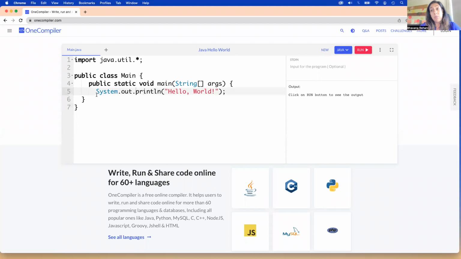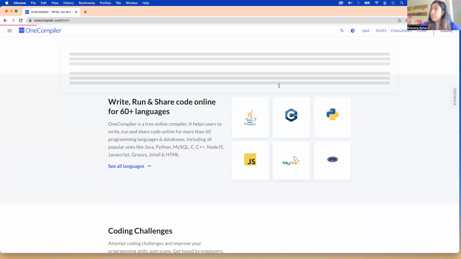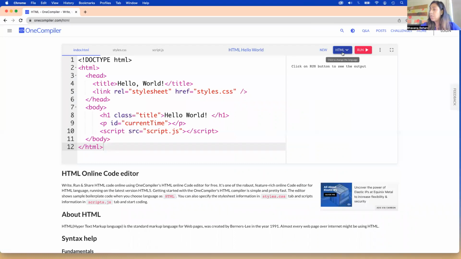To create a web page, we will actually go and change this to HTML. So this is that blue button that you can use. And I'm going to do a couple of other things. So this tool is very good. You write your code on the left-hand side, you click run, and then you see the result on the right-hand